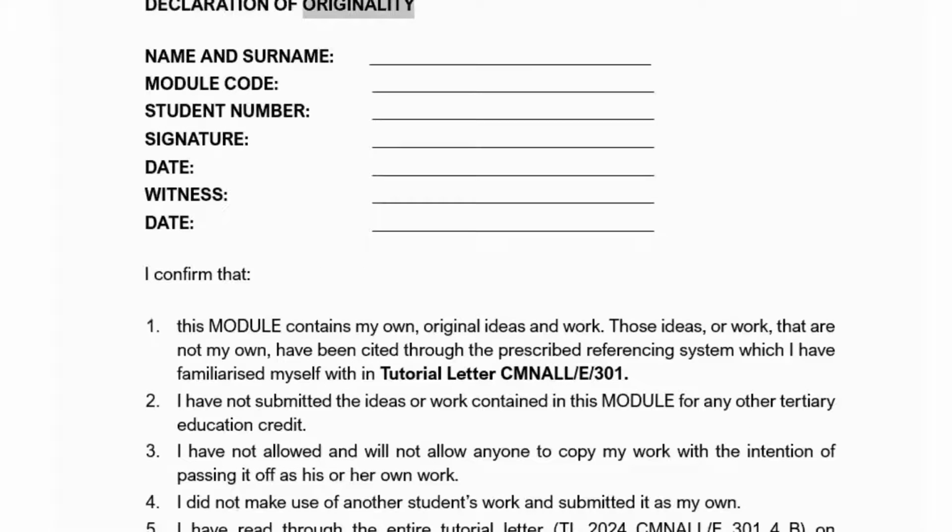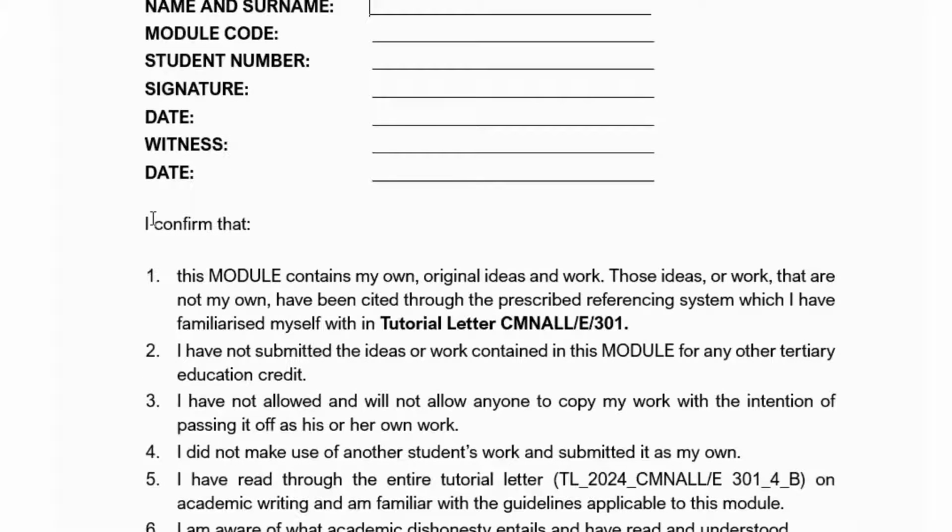Declaration of Originality. Name and surname. I confirm that this module contains my own original ideas and work. Those ideas or work that are not my own have been cited through the prescribed referencing system, which I have familiarized myself with in tutorial letter CBC1501.